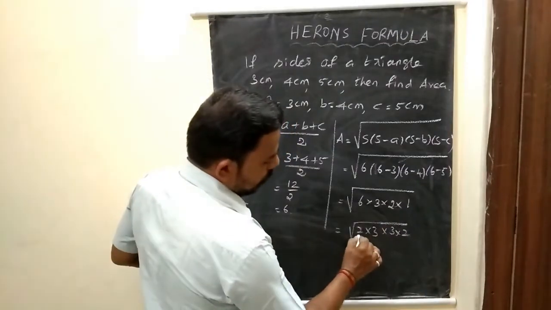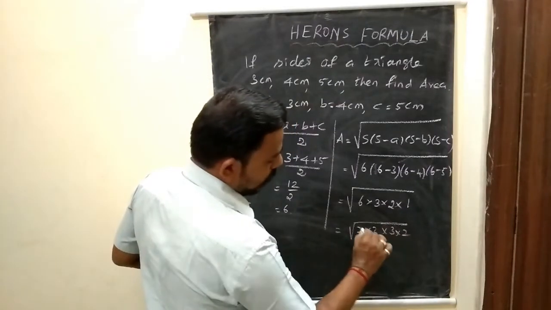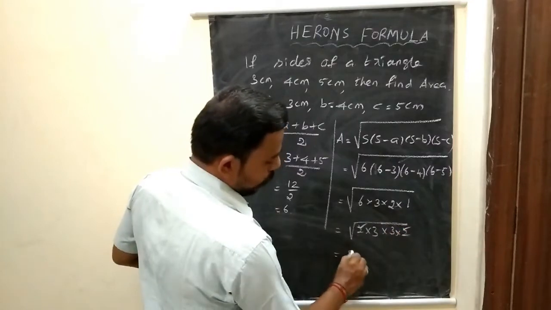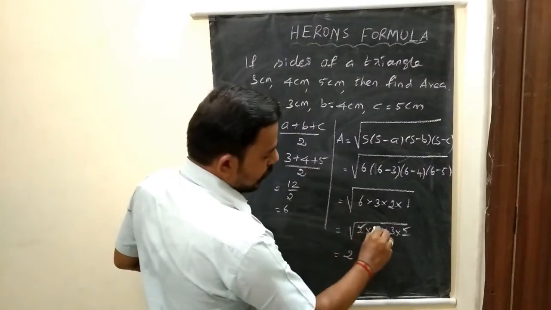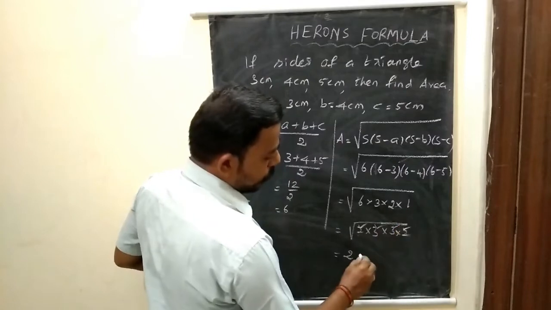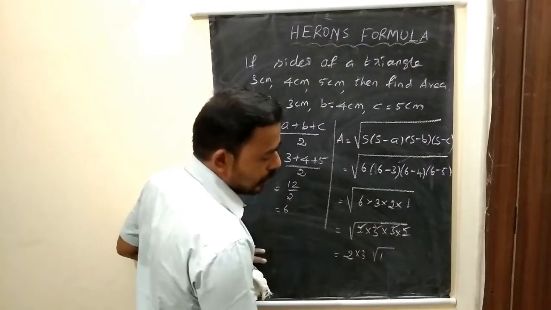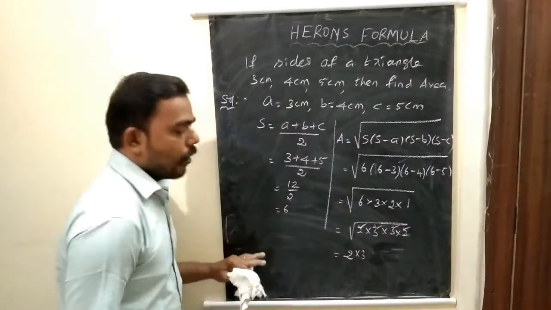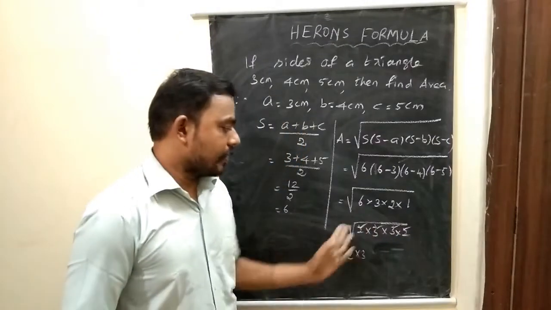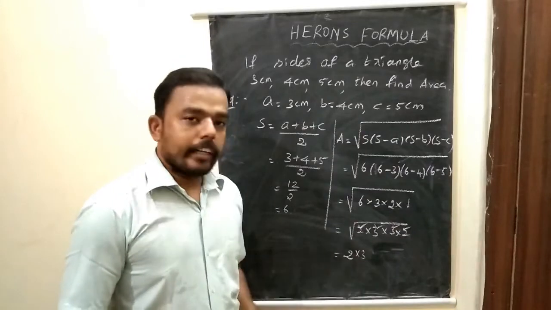Now first choose 2. Another 2 is also there, so 2 comes outside as only 1. Next 3: there is 1, 2, so 2 3s are there, write 3. Into the root, without any number, that is 1, so leave it, no need to write. All the numbers we consider, so no need to write any value.